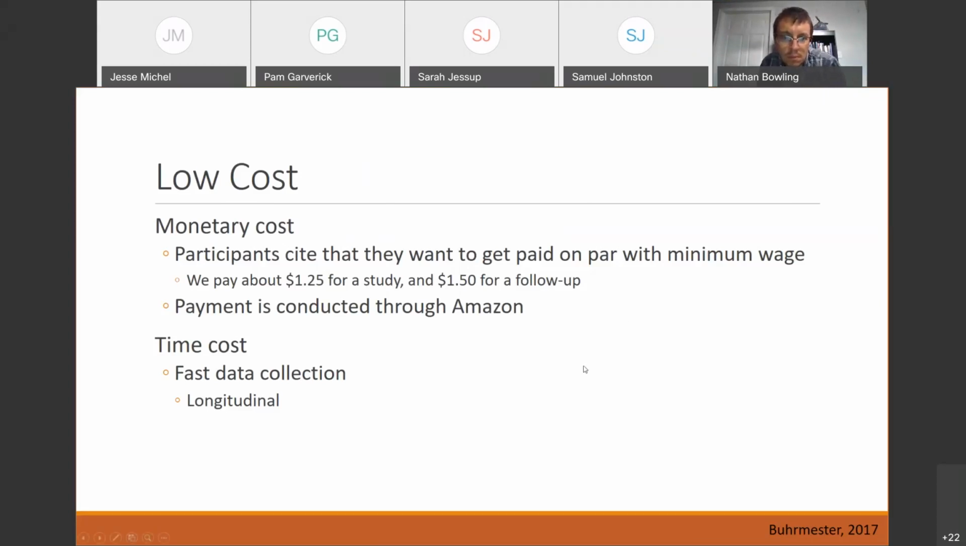So all the payments are through Amazon Mturk. So it's really, really useful if you have a very bureaucratic university like mine. Payment and procurement here is terrible. So